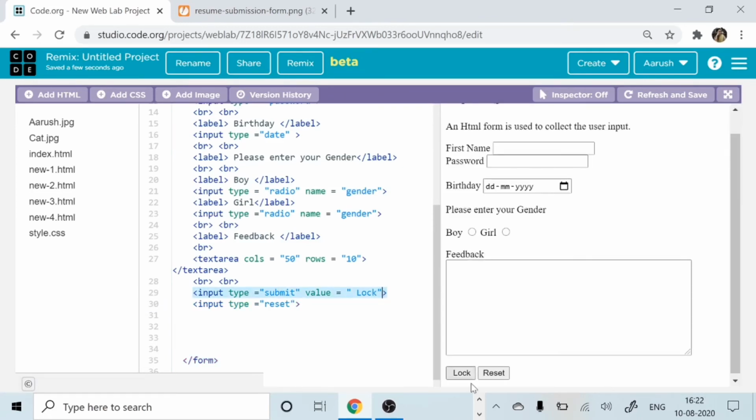Correct? Like this. So see, the name has come: lock. And same way, if you go here, you will put value equal to sign, and maybe you can say unlock. So see, you have lock, unlock button. So whatever value you want to give.